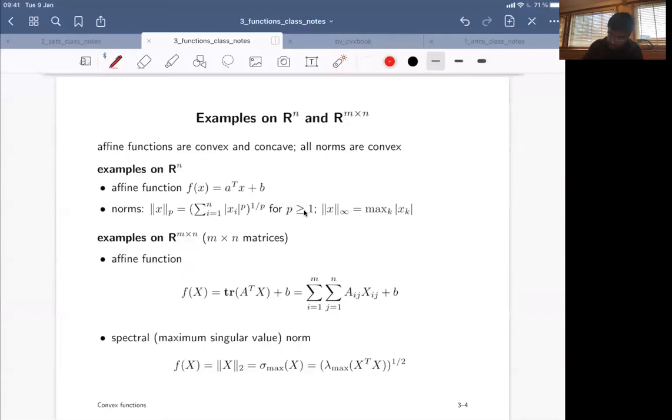So affine function: in R, it is just Ax plus B. In Rn, it has the form A transpose X plus B. In Mn, this is a matrix space where the function has this form, trace of